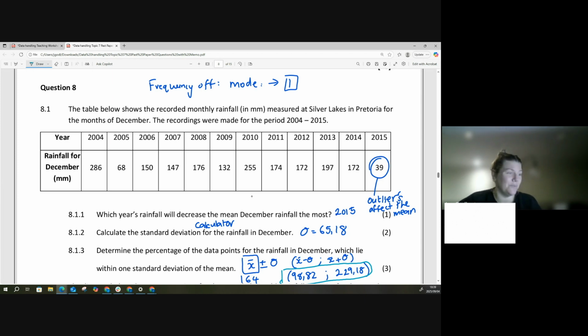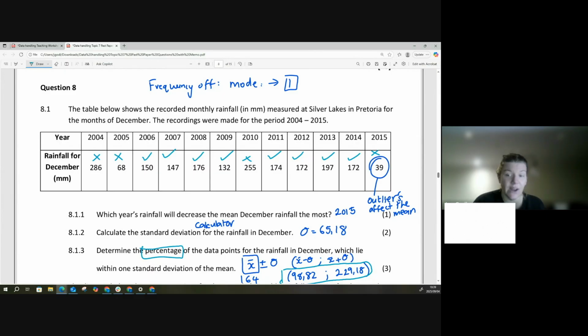There are 8 of them. So this one doesn't fit into the range. This one doesn't fit in, but this one does. This one does. This one does. This one does. This one doesn't. This one does. This one does. This one does. This one does. This one doesn't. So we have 8 that fall into the range,